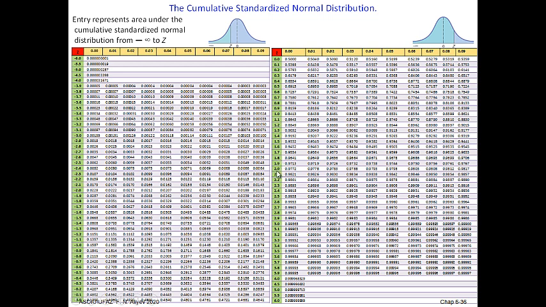Positive values are here, so we take 2.0 as the first decimal number, and because we have 2.00, we take the corresponding number from this column, and as you see it's 0.9772. It means that the left side area from 2, this shaded area, equals